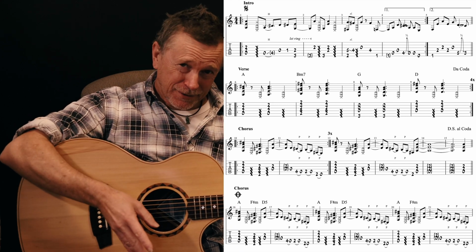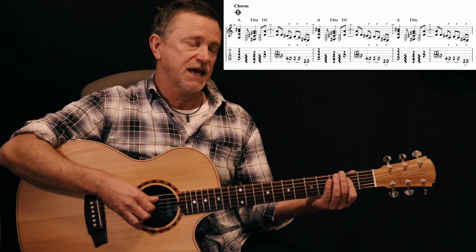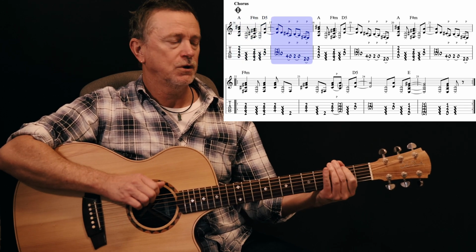After the 2nd chorus, they come out of the 2nd chorus, instead of going to the A, it goes to an F sharp. So you've gone,